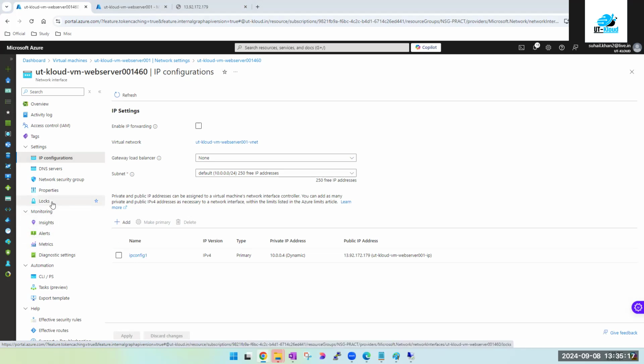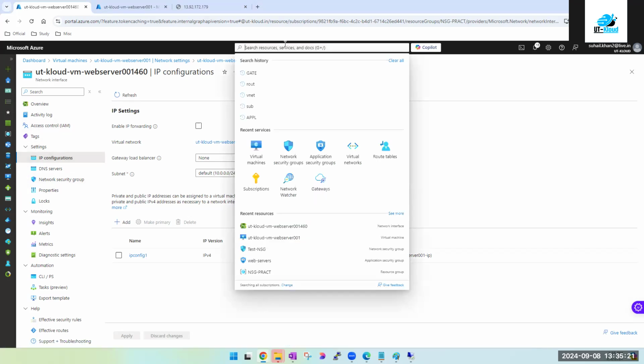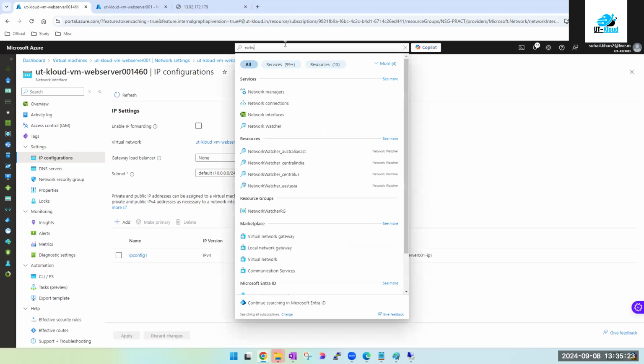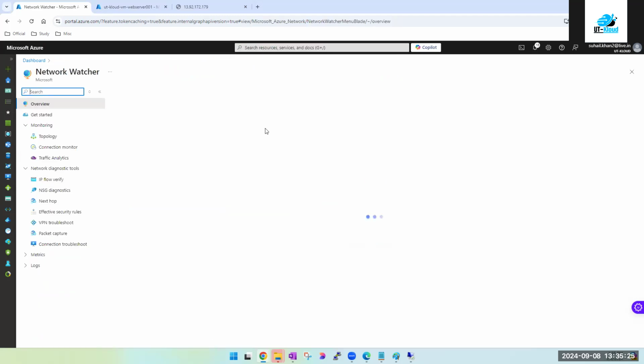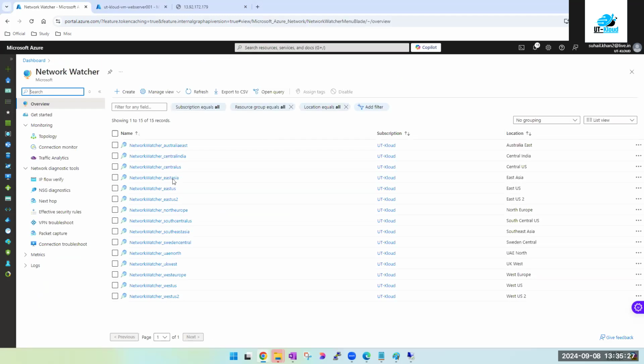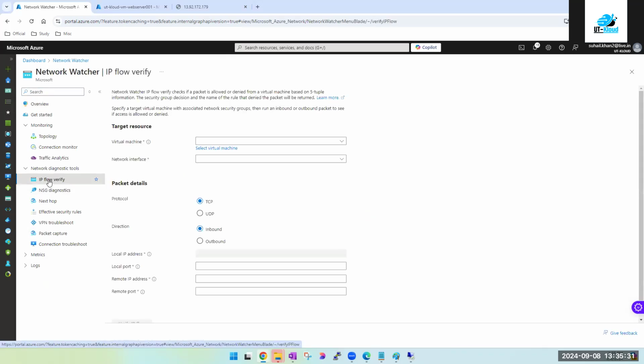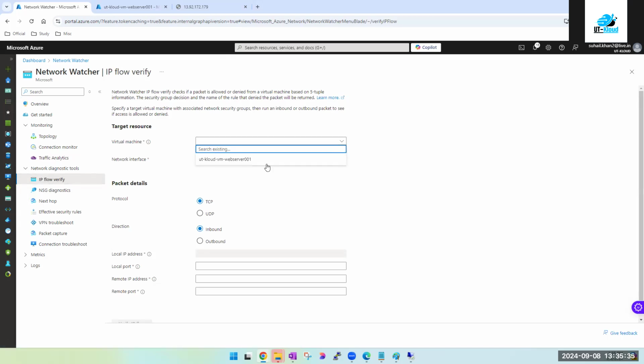one is Network Watcher. You must have seen that whenever you create anything, you get the Network Watcher created. Network Watcher is one tool which you can use to check the connection, NSG diagnose. Here it is, IP Flow Verifier. So they have moved it here nowadays. Earlier it used to be under here. So if I select this virtual machine,